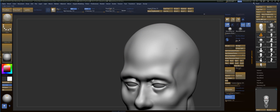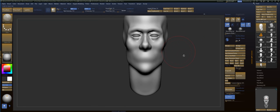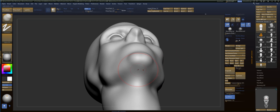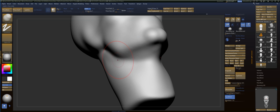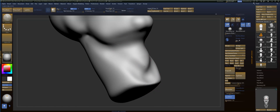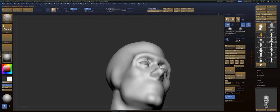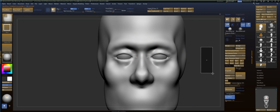And go. And then we can widen this chin a bit, so a little bit more of a masculine feel to it. Smooth that out. It's just a little too aggressive. Okay, so we're gonna mask that